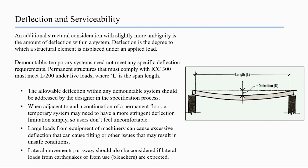Again, that might depend on the jurisdiction. In some high seismic regions, you definitely have to consider that, as we mentioned here at the bottom. Deflection limitations are put in place so that users feel comfortable and adjacent or attached finishes or equipment are not damaged. Most permanent systems like floors have very stringent deflection limitations of around the length of the span, the length of the floor beam divided by 360. L over 360 is how you'll see that reported,